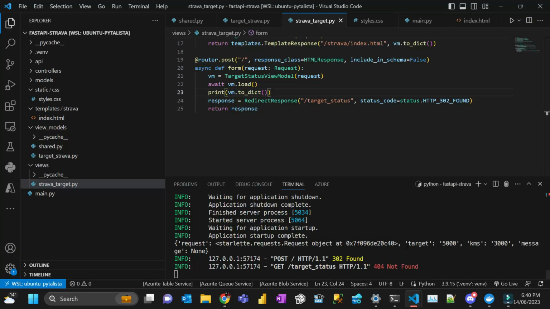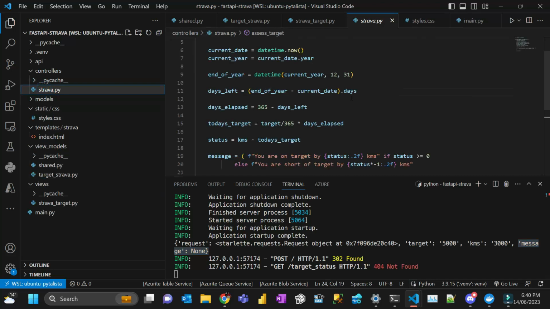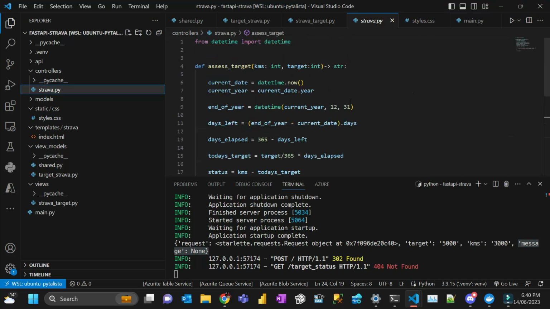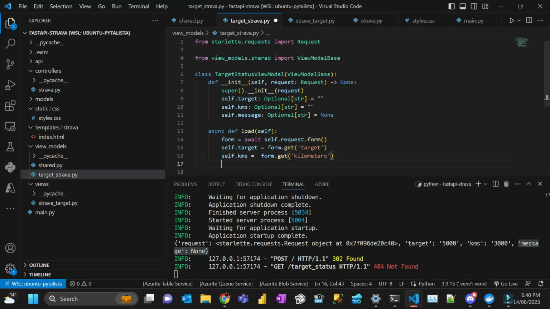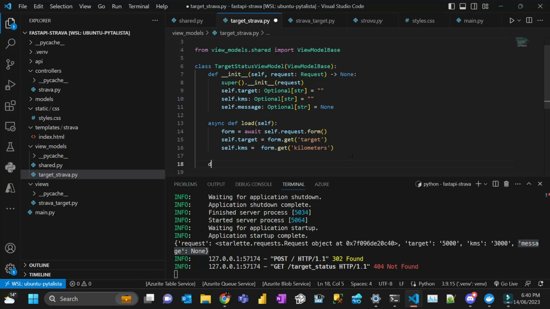Can you see that I have my VM to dict? I have the request object, I have the target, and I have the kilometers, and the message is none, because I need to remember that we created that controller last week. So what I'm going to do is reuse this function here to calculate my distance. For that, I have to go back to my model, and then I'm going to create a method called